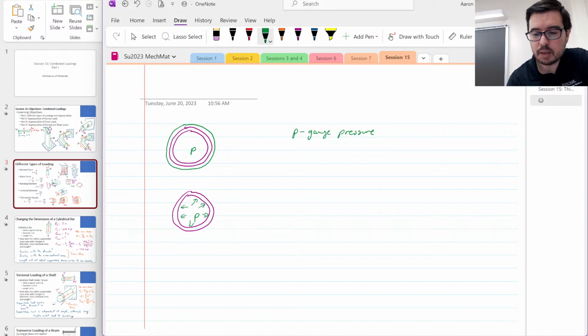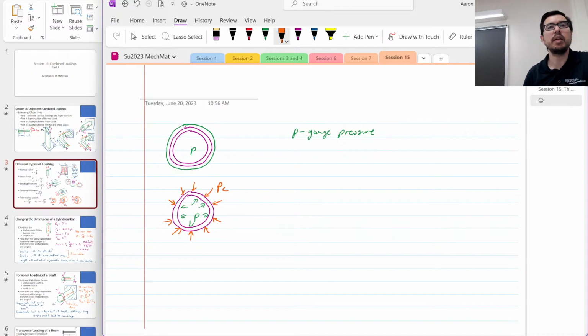And it also has this other pressure, which we call the PC. That's the contact or interface pressure, right? And then that interface pressure is acting